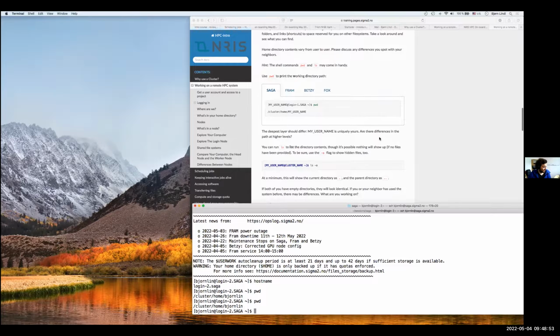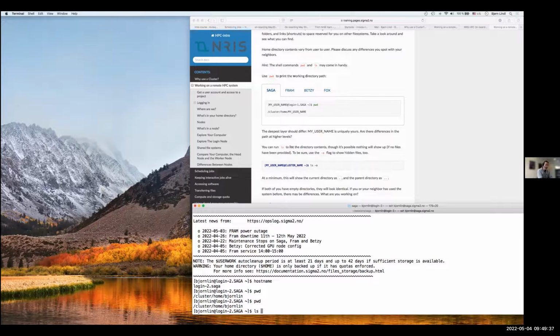But the home directory looks different than on a typical Unix. So it's not just /home and then Bjørn Lindi, but instead it's /cluster/home/Bjørn Lindi. This is one of the differences that, even if you're used to Linux PCs, might be something to be aware of. And this tells me that I'm on a cluster work file system. This is typically a shared file system, accessible from the login nodes and the compute nodes. So this is a global file system, which I can make use of in my calculations or simulations.